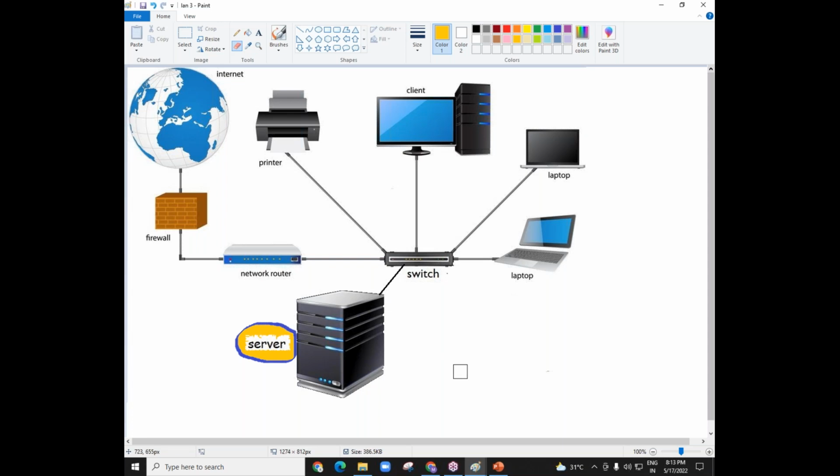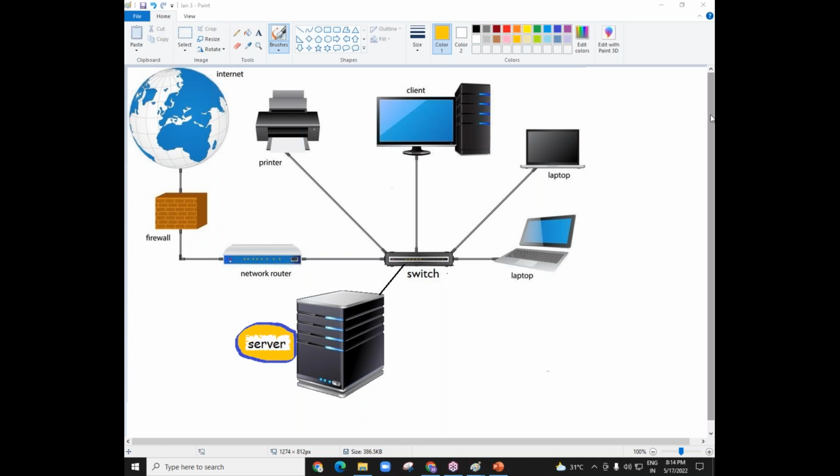That's a different case. Okay, now let us try to understand the server. Whenever you hear the terminology server, it is actually a very confusing terminology. Some people will feel a server is a hardware machine, and some people will say a server is an operating system. But a technical person like you and me, we are learning networking courses here, right? Cloud computing is related to networks. So as a technical person, we should know a server is a hardware machine as well as a software machine. We should be very clear in this concept. I repeat, my friend, a server is a hardware machine and a server is indeed an operating system.